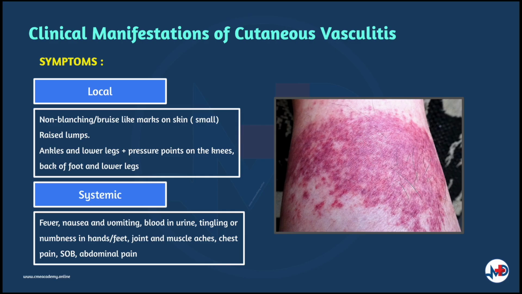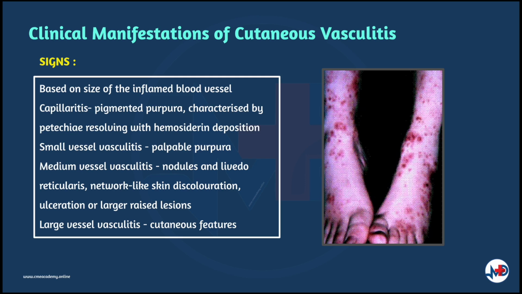Do note that there may be combinations of different symptoms. Interestingly, the clinical presentation of cutaneous vasculitis mainly depends largely on the size of the inflamed blood vessel. In the case of capillaries, you will see a pigmented purpura, which is characterized by petechiae resolving in hemosiderin deposition. Small vessel vasculitis, on the other hand, is characterized by palpable purpura, whereas medium vessel vasculitis is associated with nodules